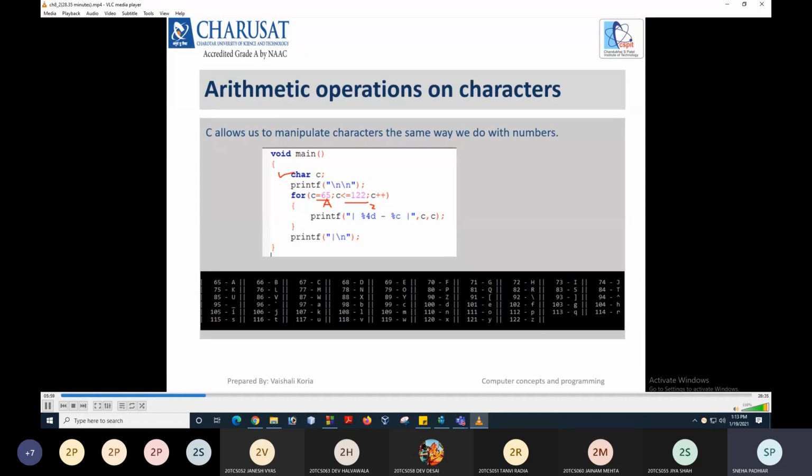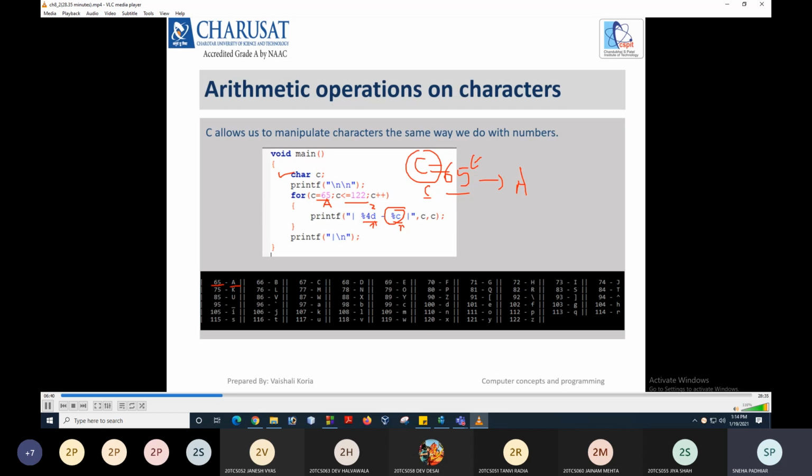small z. Then we are printing the value of this C using two formats, %4d means as integer, and %c as character. If you see the output, the first one is %d, so 65, the ASCII value of capital A, and in the place of %c, capital A will be printed. So the variable is the same C, which is of the character type, right? But if you are assigning any value to it, this will be considered as the ASCII value, and its associated character will be printed here.